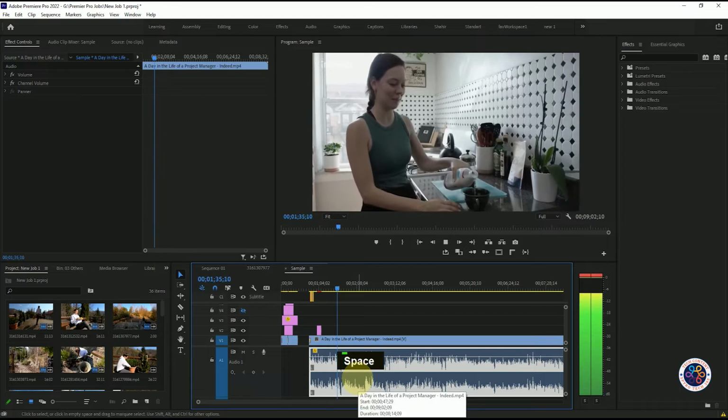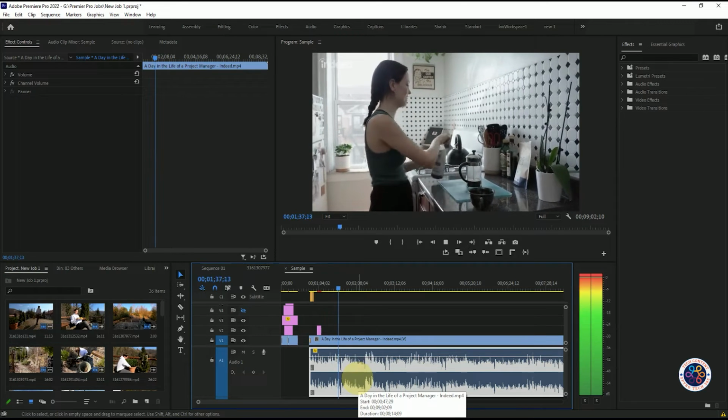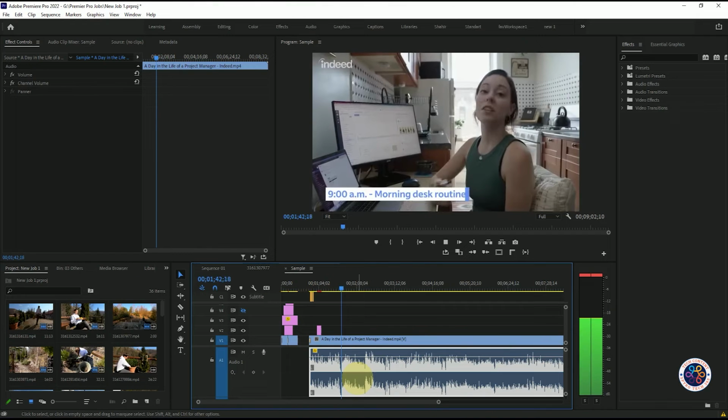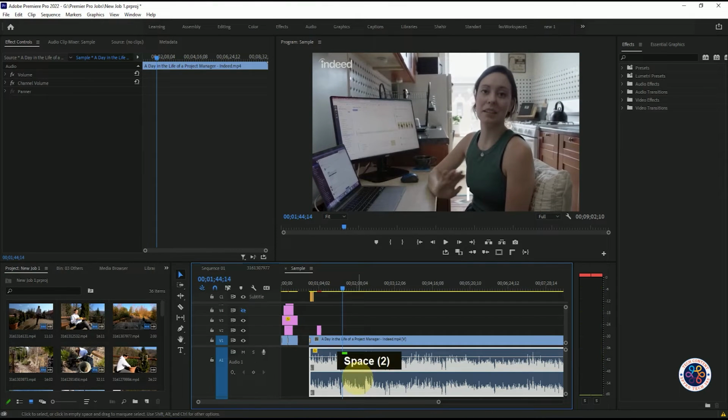So you can see that the volume is up. If we press Control Z, it means undo it. We can